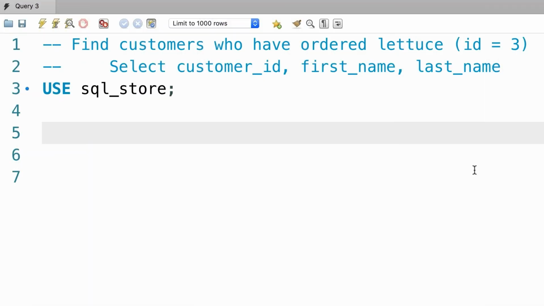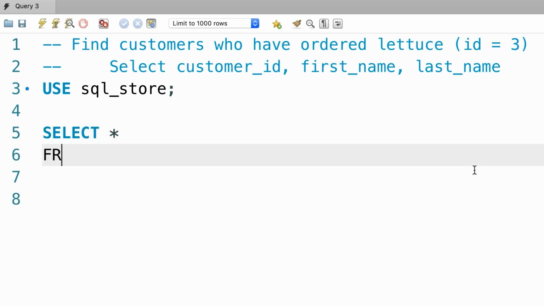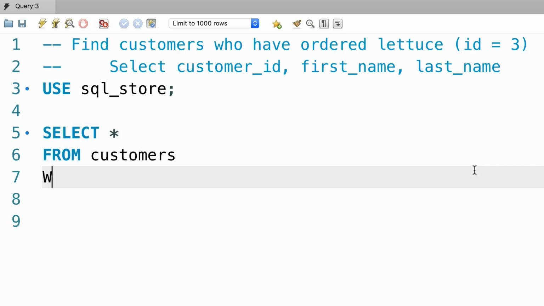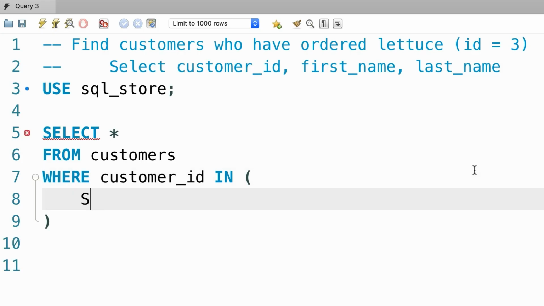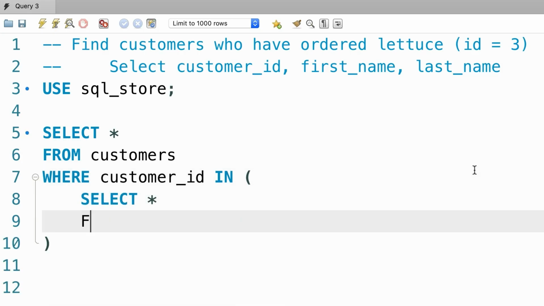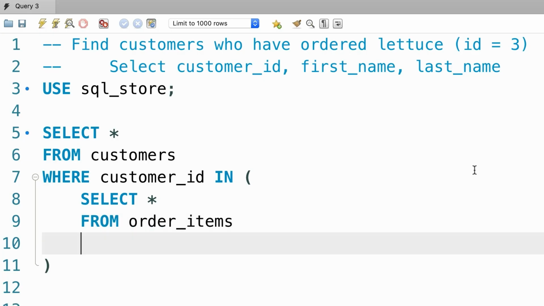All right, first I'm going to solve this problem using a subquery. So I want to select everything from the customers table, where customer ID in. Now here in the subquery, we need to return the ID of customers who have ordered lettuce. So we need to go to our order items table, select everything from order items, where product ID equals to